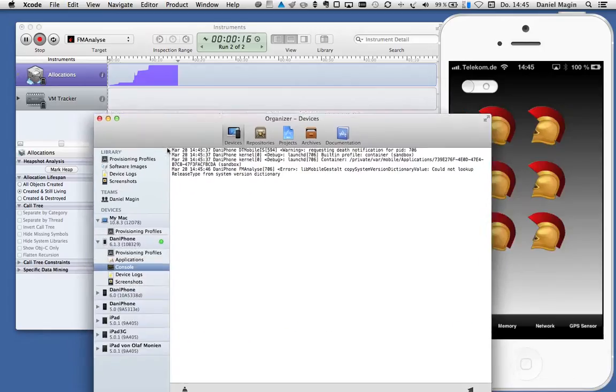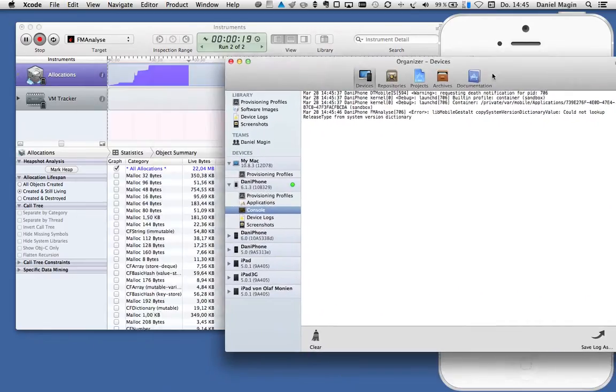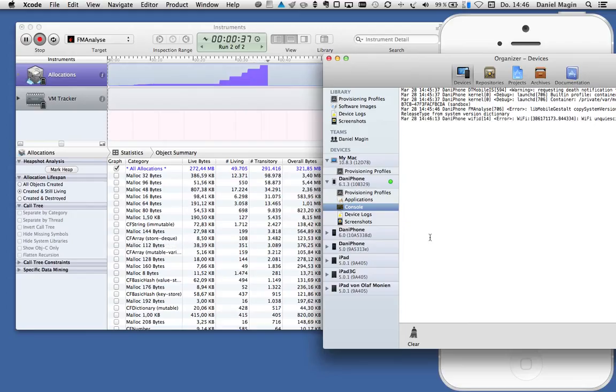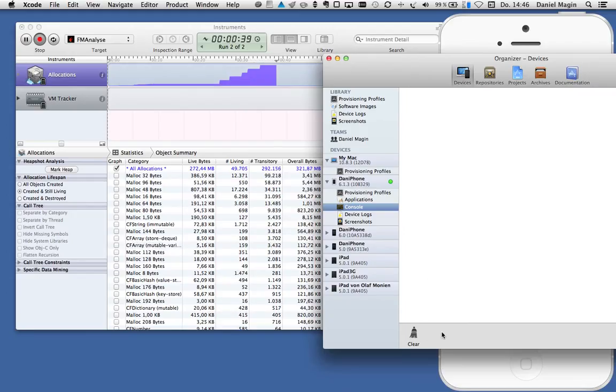So what I do now, the monitor, okay, this is not the important one, this one here, the reflectors. What I do now is press the eat memory button. Once, twice, third. You see it in the chart. Your program is consuming memory. 5. Let me clear. 6 times, 7, 8, 9, 10,